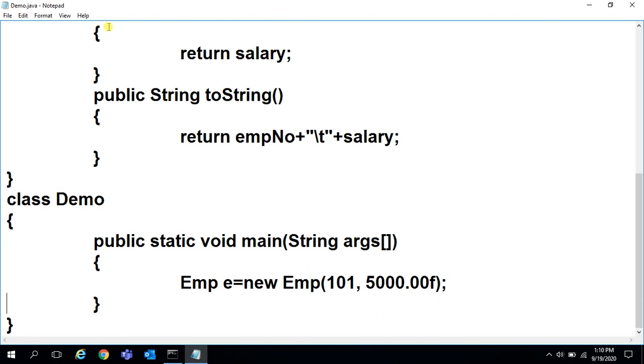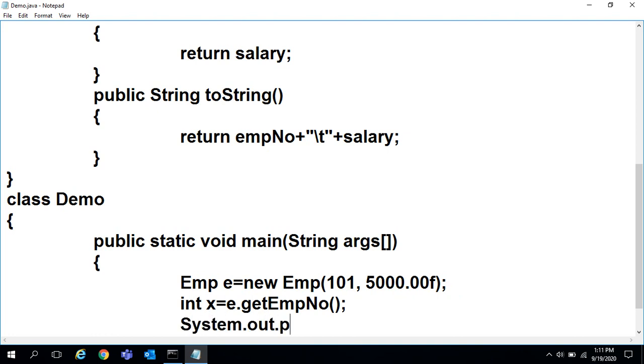Now I want to access the getter methods. For calling a getter method, I'll use the object reference e. int x = e.getEmployeeNumber. I want to print this: System.out.println(x).